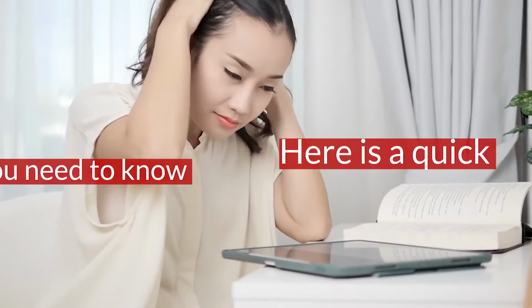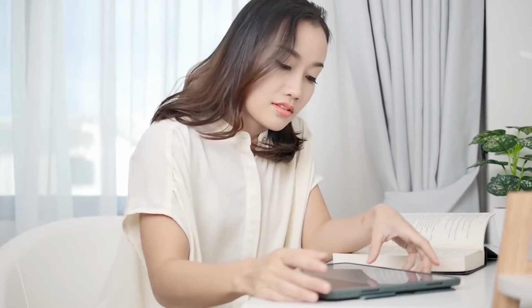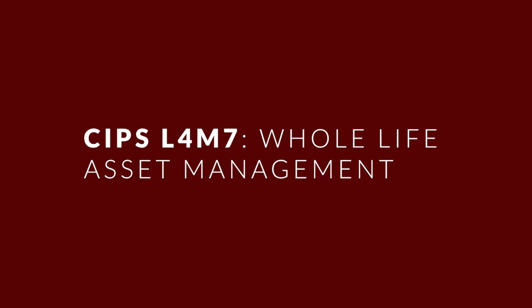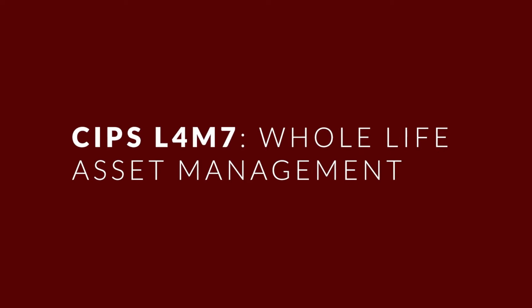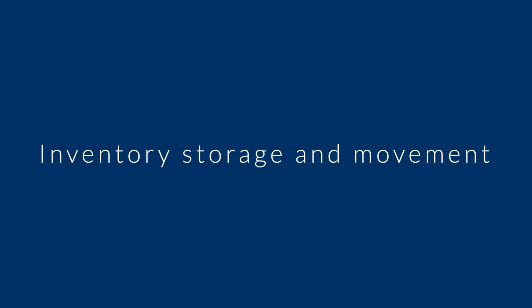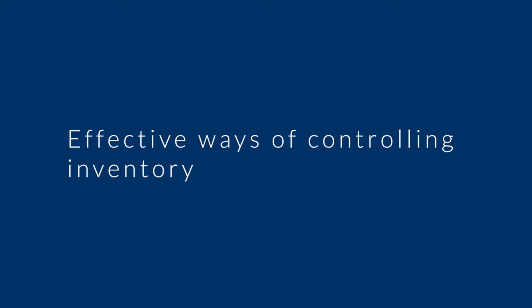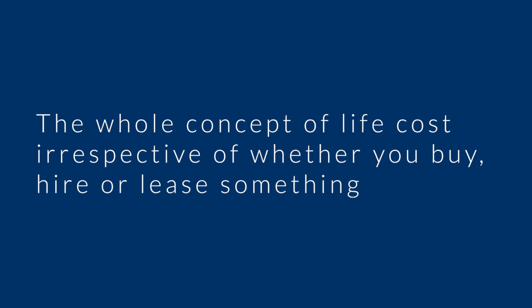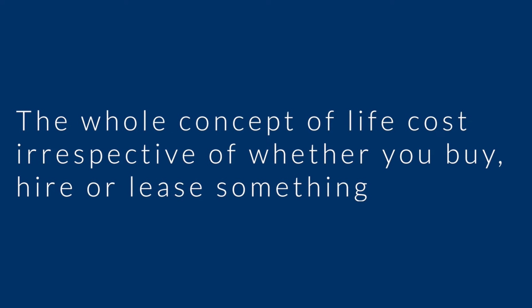So here's a quick thing you need to know if you're studying for your CIPS L4M7, that is level 4 module 7, whole life asset management. There are three main parts to this module, and these are inventory, storage and movement, effective ways of controlling inventory, and then the whole concept of life cost, irrespective of whether you buy, hire or